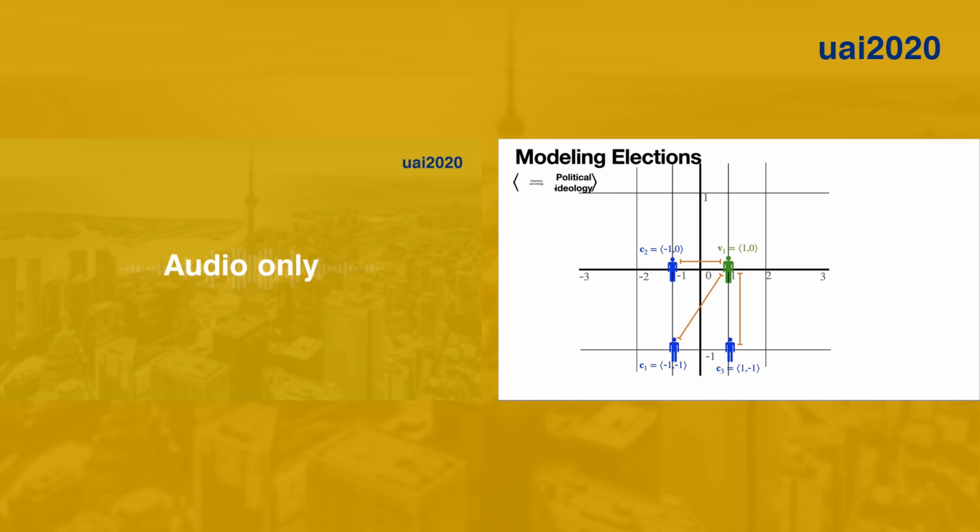So now, even though candidate 2 and voter 1 very much disagree on the first issue, they share the same political ideology, meaning that now candidate 2 and voter 1 are the closest in issue space, and voter 1 will now vote for candidate 2. Now that we've seen how we're going to model the significance of issues, let's next take a look at manipulating